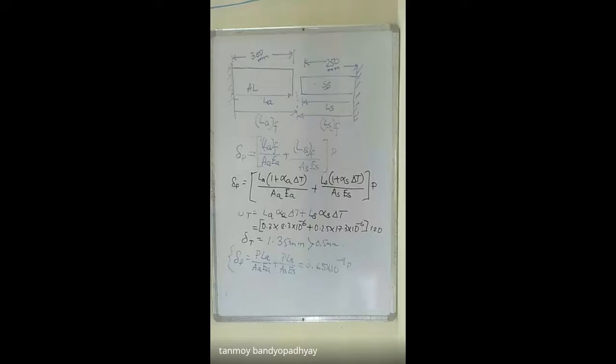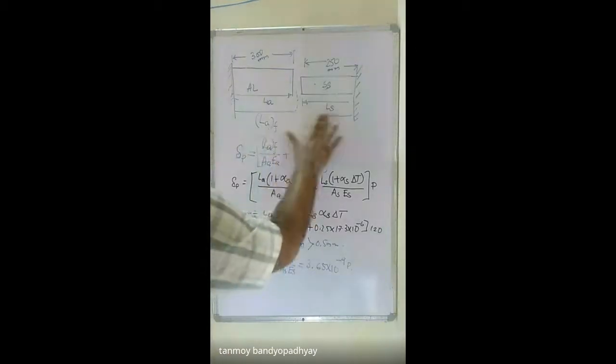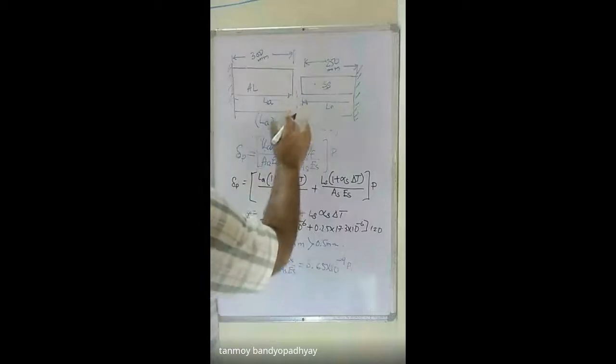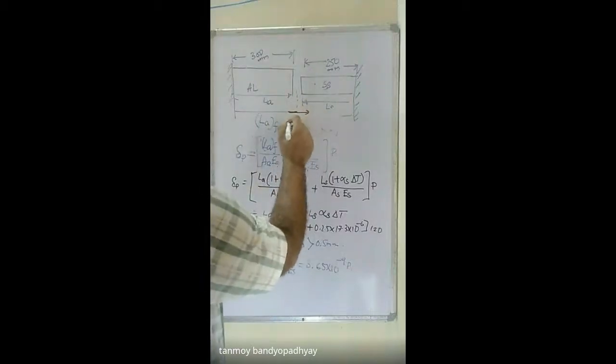ঠিক আছে? কিন্তু এখানে আবার ফাইনাল লেন্থটা বোঝাটাও একটু মুশকিল আছে। মানে once you take these values LA into 1 plus alpha into delta T, this is what it is supposed to expand, but it hasn't expanded up to this. বুঝেছো? This is a supposed expansion. It might cross this one. Had there been no gap, it might have crossed this one. বুঝেছো? Yes, sir. The LAF must be crossing the datum line you have drawn.